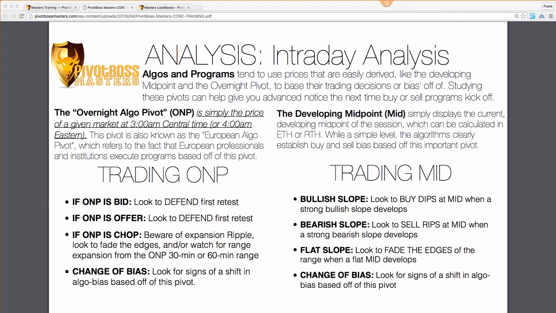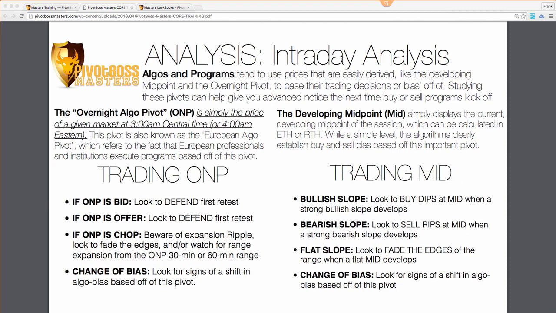But for the most part, this pivot is definitely something that can be super useful in the charts, because when it is in play, it offers razor sharp opportunities, high accuracy opportunities, mainly because those algos are trading off of it. So you're seeing perfect rejections off that level, or you're seeing multiple defenses at that level before a stops run happens. That's the type of behavior you want to see. That's what I mean where I say that the market pays attention to certain prices way more than it does others. This is one of those key levels that the market pays attention to.